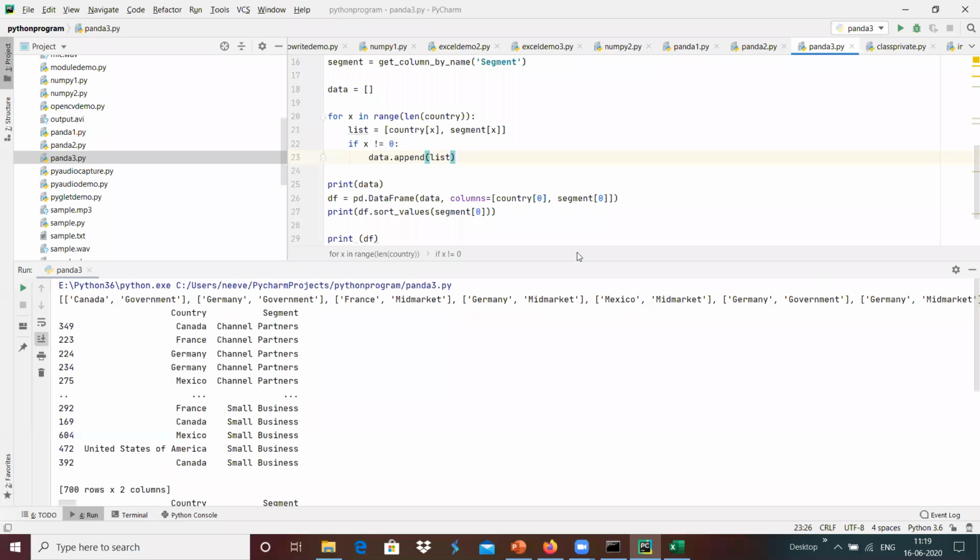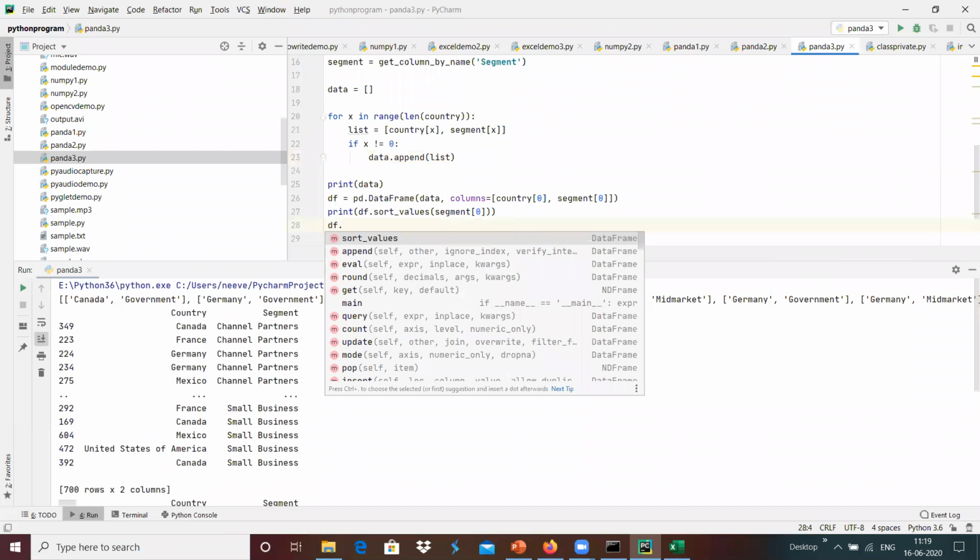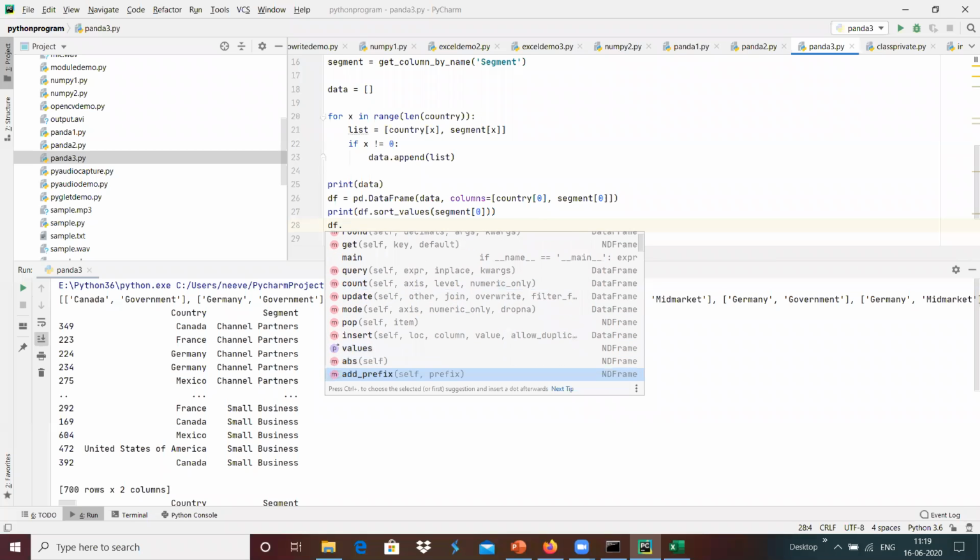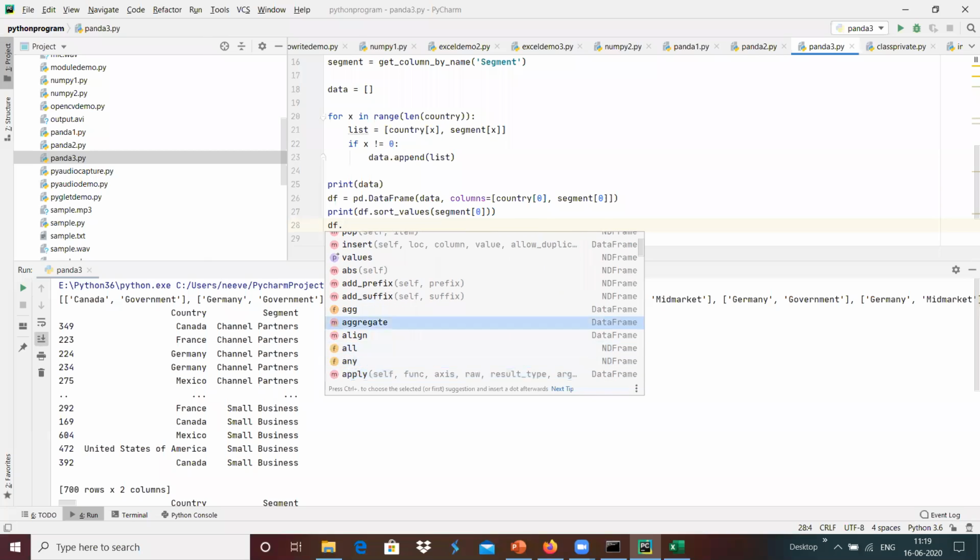Then we have the option of df dot maybe add prefix, align, and apply.